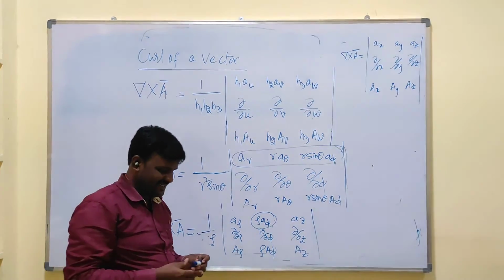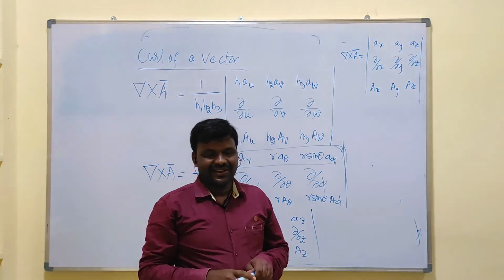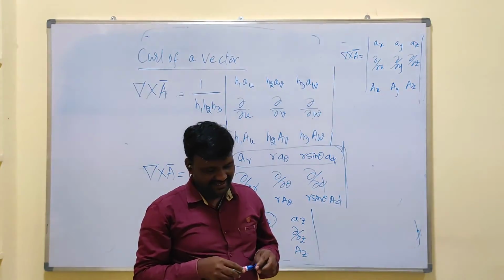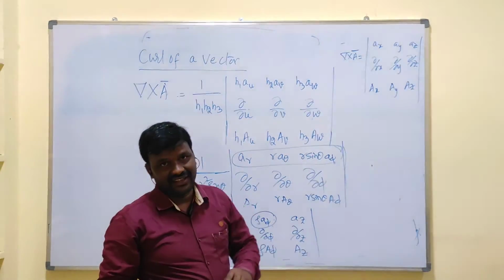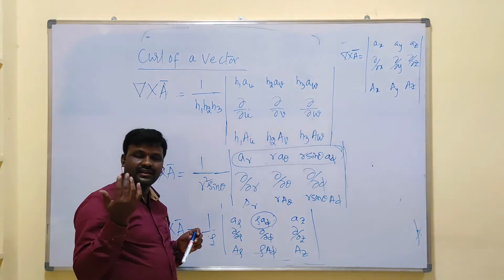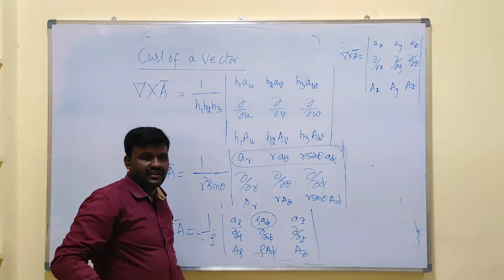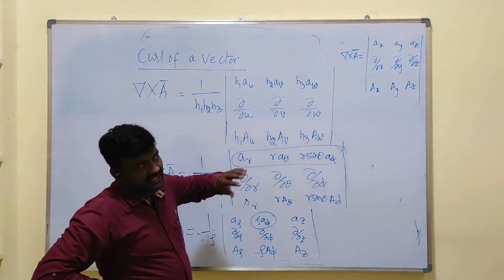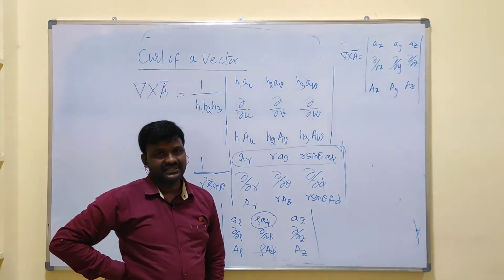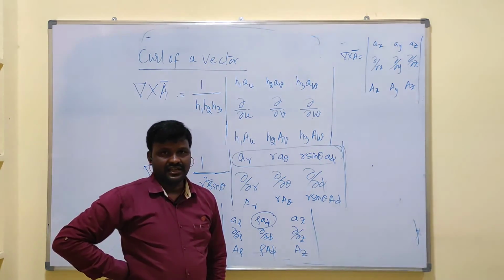Now tell me what we discussed in today's class. Our discussion started with unit vectors. After that, differential elements along the unit vectors: dx, dy, dz for Cartesian; d rho, rho d phi, and dz for cylindrical; dr, r d theta, r sin theta d phi for spherical. From that, we can write h1, h2, h3. With the help of h1, h2, h3, we can derive gradient and divergence in different coordinate systems, that is Cartesian, cylindrical, spherical.